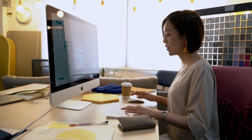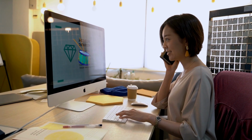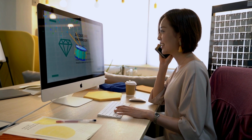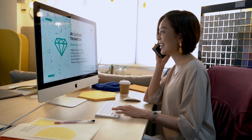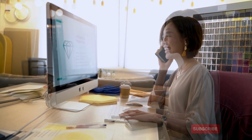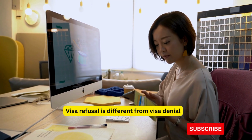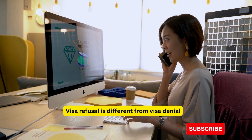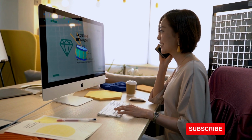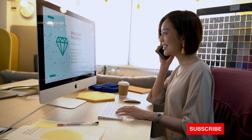Sometimes, a visa is denied under Section 221G of the Immigration and Nationality Act, because the applicant did not come prepared with all the required documents for their interview. In other cases, the consular officer might need more information, leading to a visa refusal. It's also worth noting that a visa refusal is not the same as a visa denial. A refusal means that the case will remain on hold until the case goes through further processing, often referred to as administrative processing. However, some common reasons include: